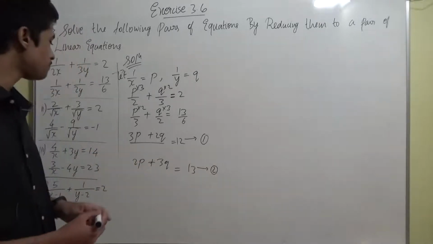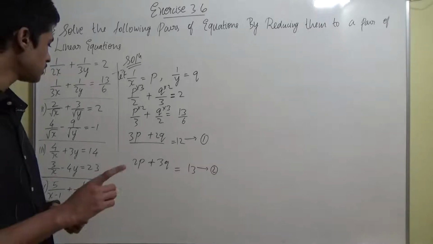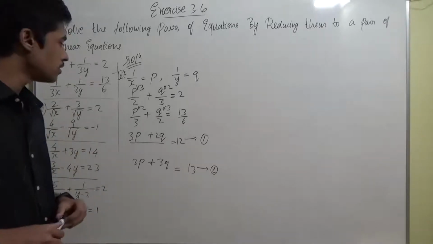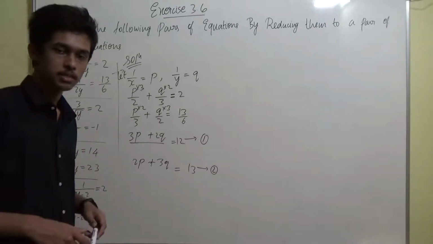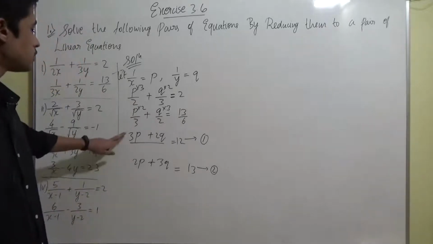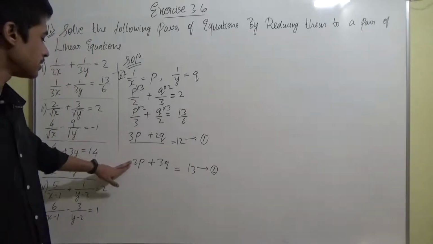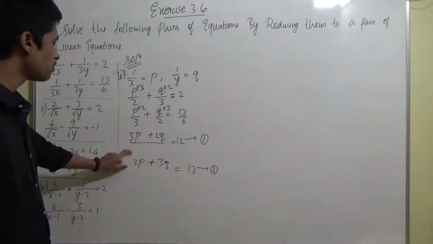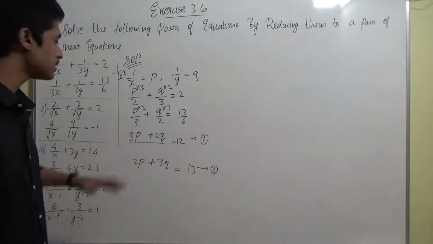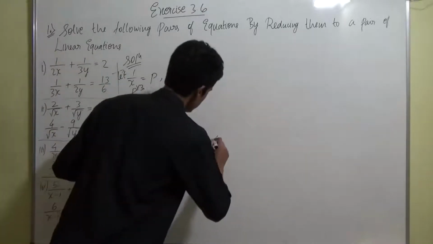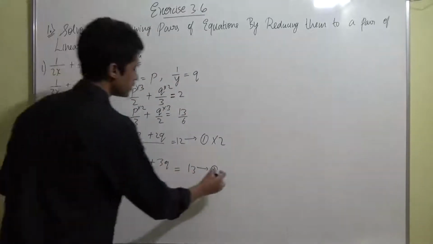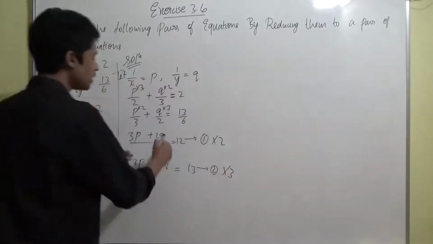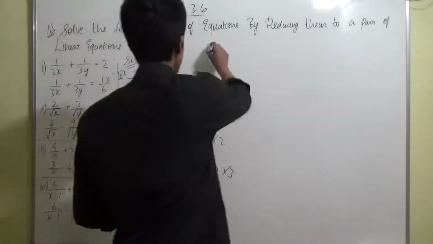We will take, just a minute guys. Okay, we will do this one, elimination method itself, because here if you see, here 3p is there and here 2p is there. If you multiply this entire equation with 3 and the entire equation with 2, this both will become 6p. Then 6p we can cancel it up. So multiplying equation 1 into 2 and multiplying equation 2 into 3.